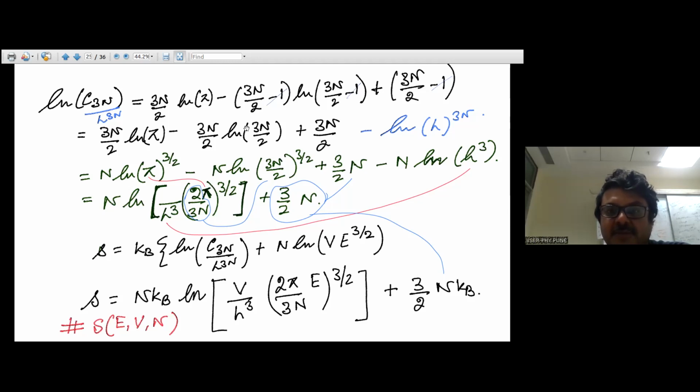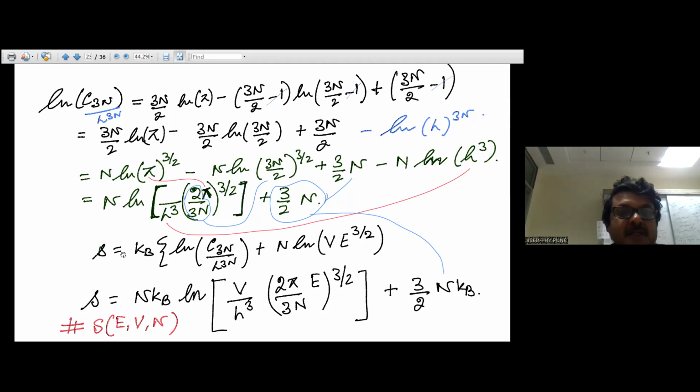And this is n log n. And this is outside the log, and this term is here, right? So what have we done? We have again written this where in front of ln you have n, and you have 2 pi to the power 3 by 3n to the power 3 by 2, and this is